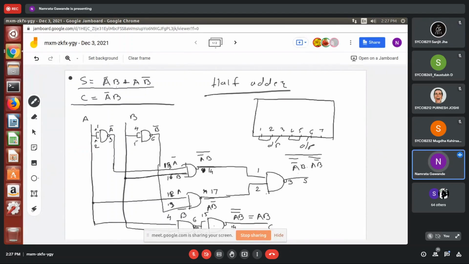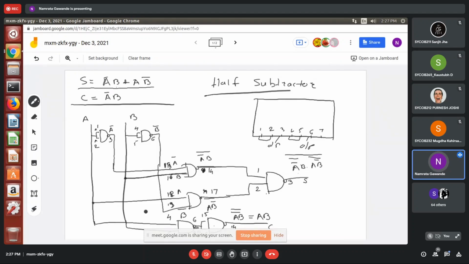So this expression is the same with half subtractor, only this will change. So here you will get carry equal to A bar B.